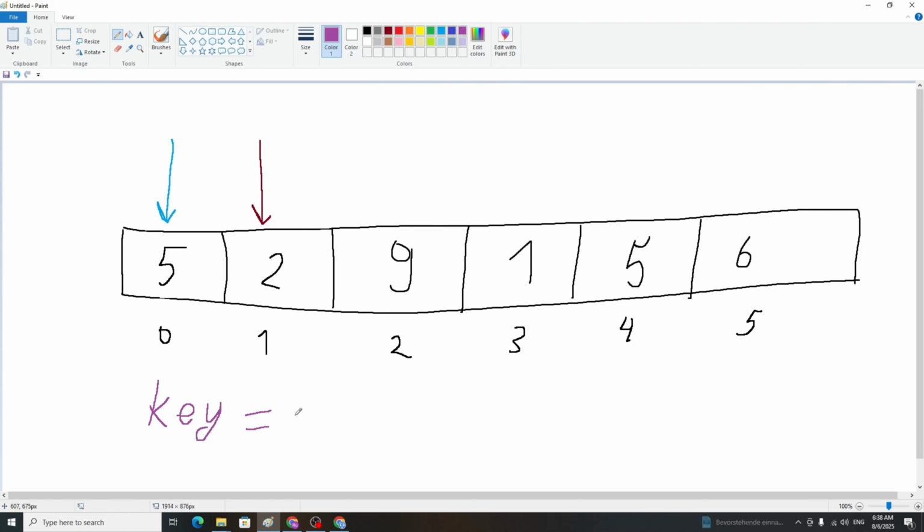So in this example it will be 2, and so it will point here, and we will compare the key with the variable that is pointed to by the inner loop. So we will compare if 2 is less than 5, then we will perform the swap. But actually we can just place the 5 here,